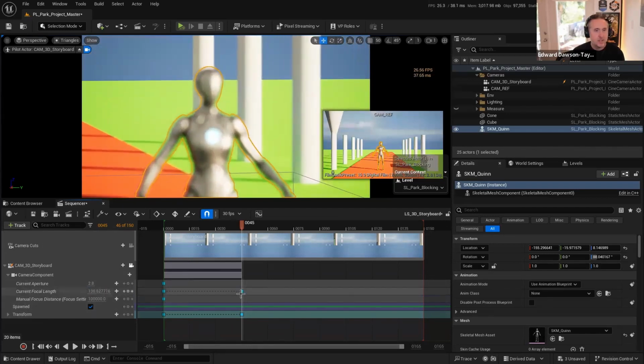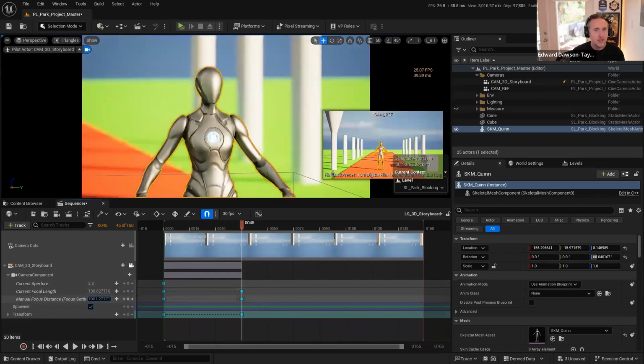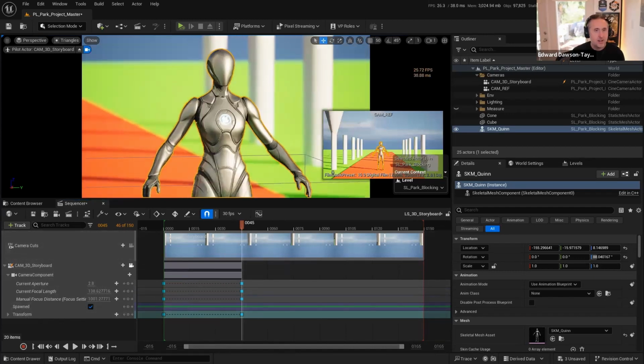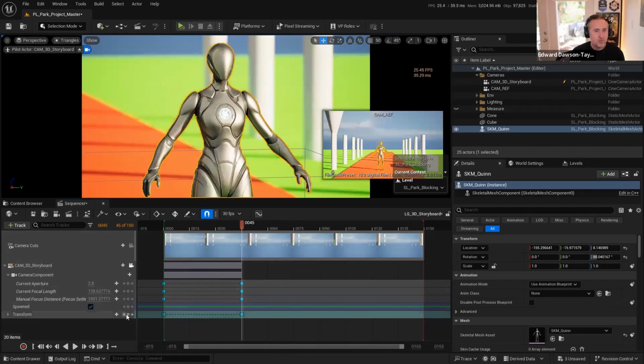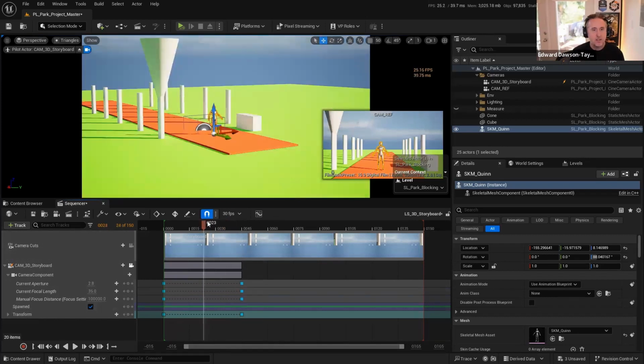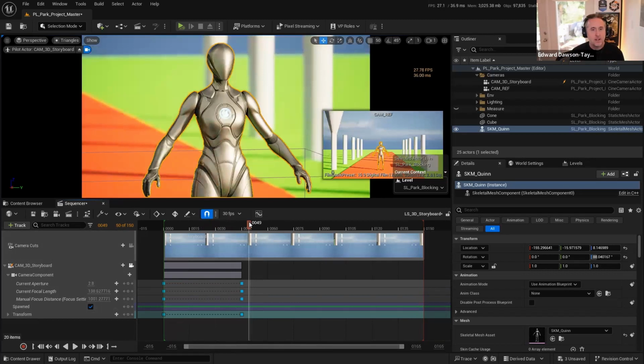That's keyed that for me. The next thing I want to do is bring down my focus distance so that I focus on Quinn like that. And that's keyframed that for me as well. And then I'm going to key my aperture. Okay, so maybe I would now tilt down a little bit and just rekey my transform. It's important the order that you do this in. Do your transform first and then your focal lengths after that. But now you'll see that we can go between our wide, our medium,